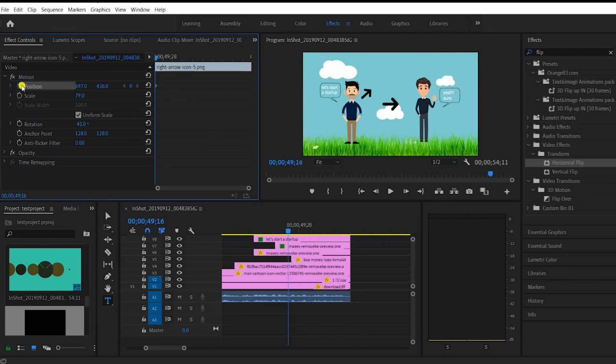Now we have to go 10 frames ahead. Every time you press Shift and the right arrow key, it will go 5 frames ahead. So I'm going to press it twice so it goes 10 frames ahead. And then this is the new position over here. Again I'll be changing the position of the arrow. So this is where I want my arrow after 10 frames. As you can see, it gets saved already.